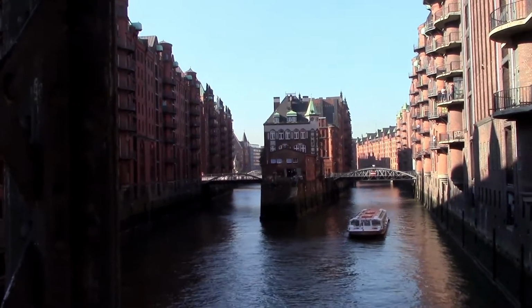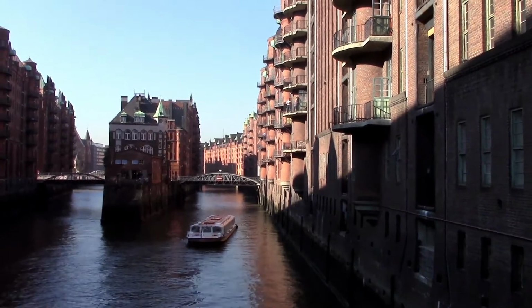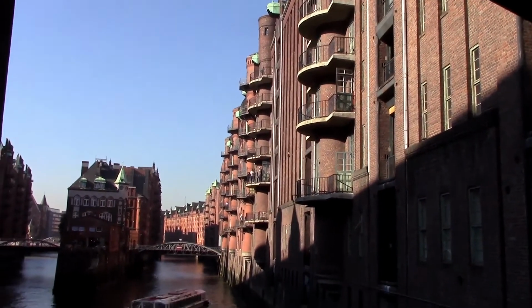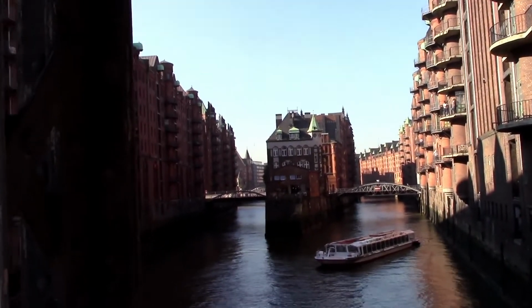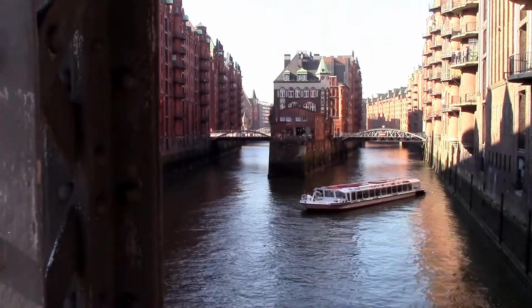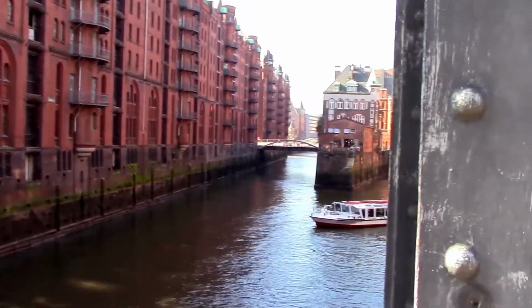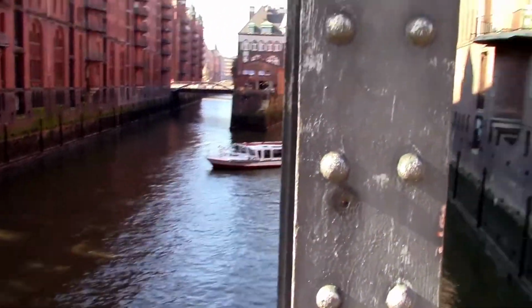Today, that's not the case anymore. Most of them are changed into condominiums or offices. About 25% of the buildings are still in use to store goods. And of these 25% today, the vast majority is occupied by carpet dealers. Oh, really? Oriental rugs, yes. Oriental carpets, that is what is stored there. And many tourist attractions moved in there